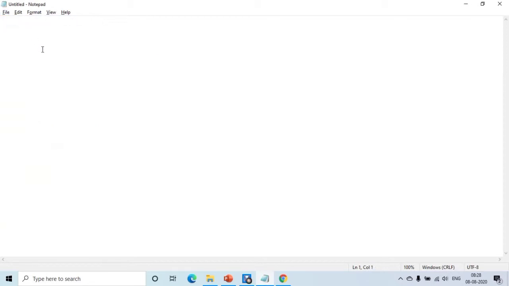Open a new notepad and start writing the code. Suppose the first line is doctype and the document type is HTML. Then the HTML tag, start and end of HTML. Within the HTML tag add the head tag, start and end of head.